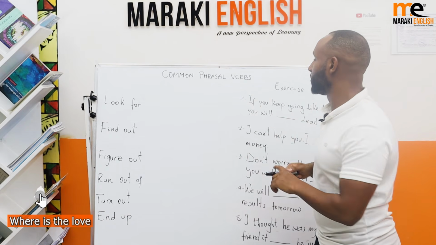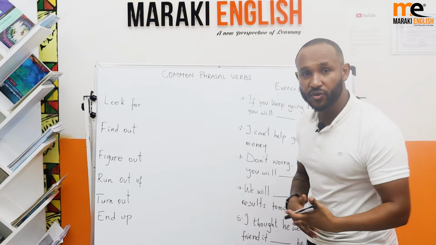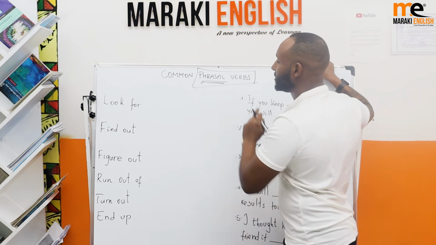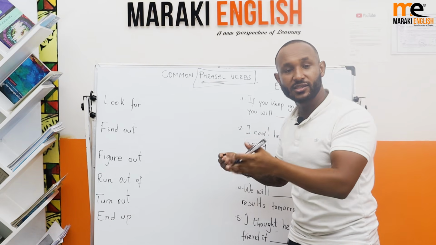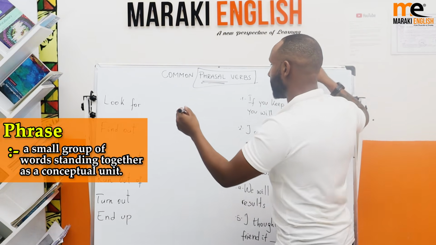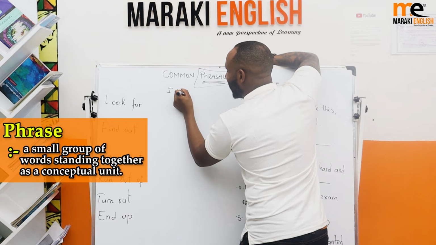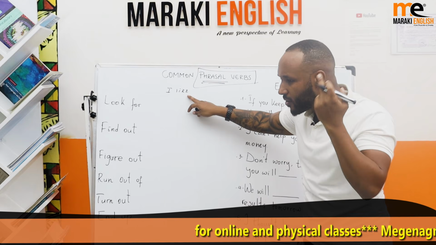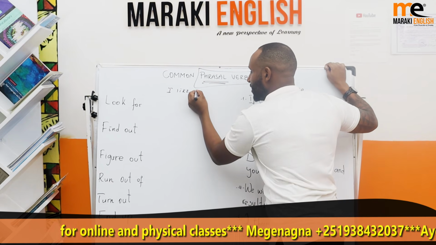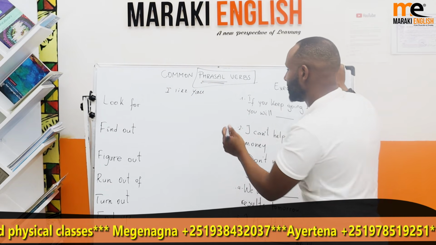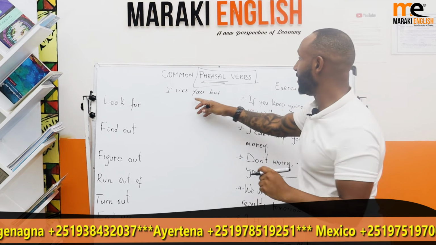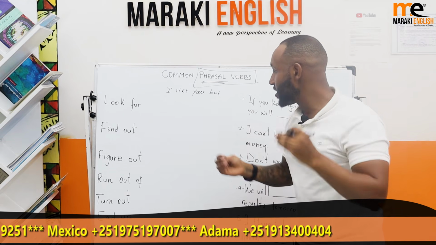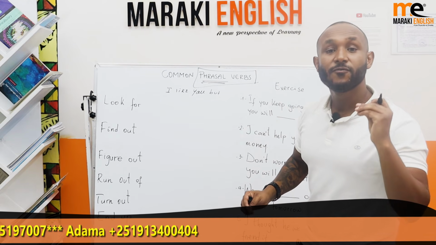So, it says common phrasal verbs. Common means something that you do over and over again, something that's normal, you already know that. But what are phrasal verbs? Let's see what phrases are first. Phrases are a group of words that don't give complete meaning. For example, if I say I like, does it give you a full sense? No. I like what? I don't understand. I like you. Now this is a sentence. But I like, again, it's a phrase. So if it gives you incomplete meaning and it's more than one word, we call it phrase.